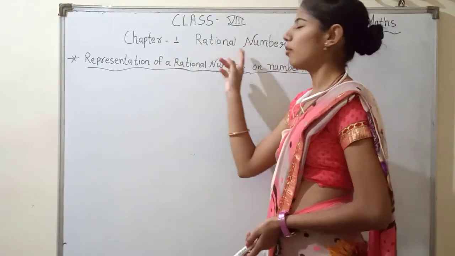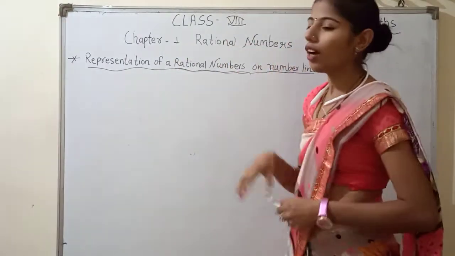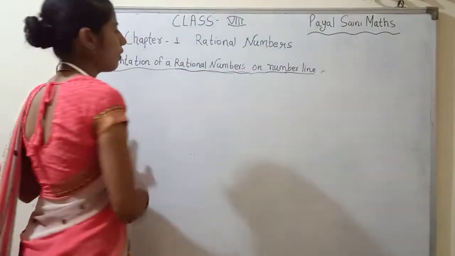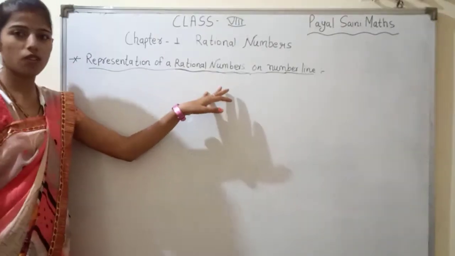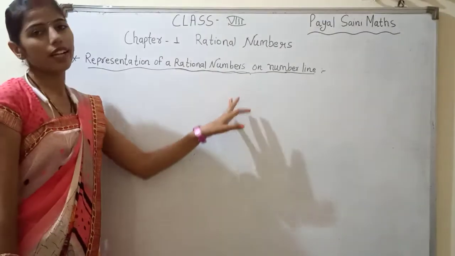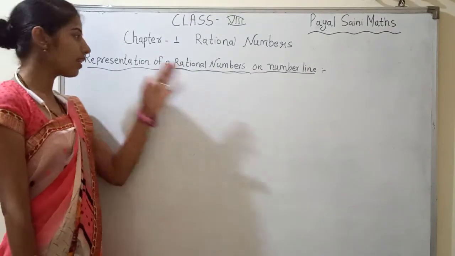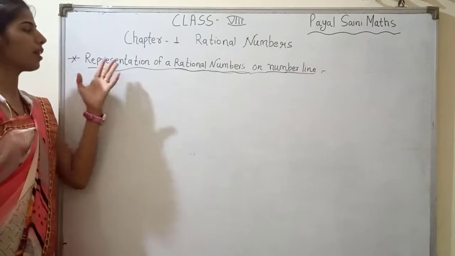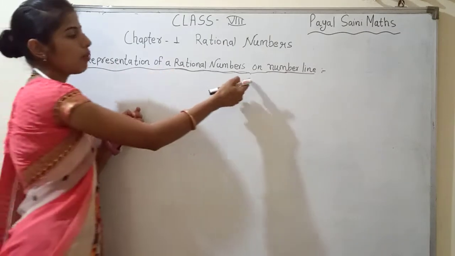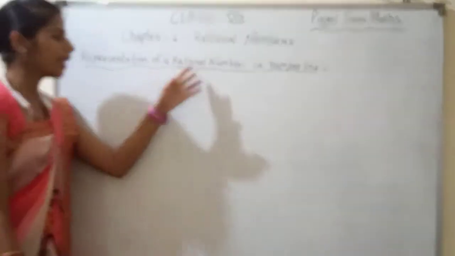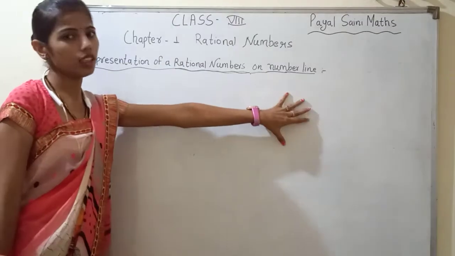Next, we come to our topic for today. Today our topic is Class 8, Chapter 1, Rational Numbers. Revision: yesterday we read about what rational numbers mean, equivalent rational numbers, absolute values and standard form. After that we start our next point, representation of rational numbers on the number line. It means we now represent rational numbers on a number line.